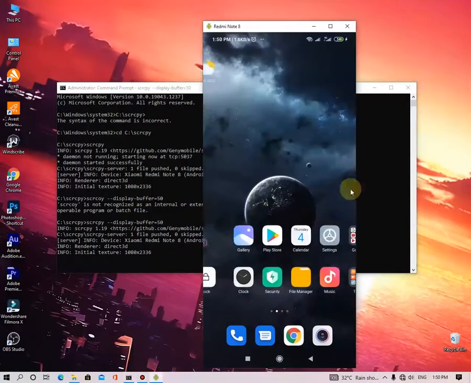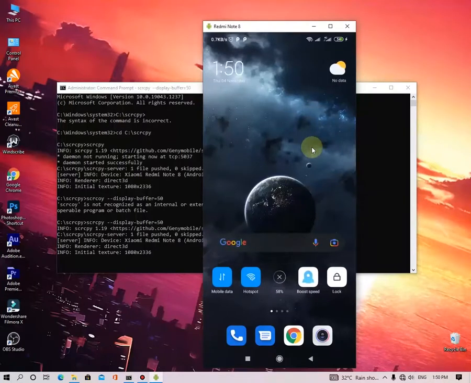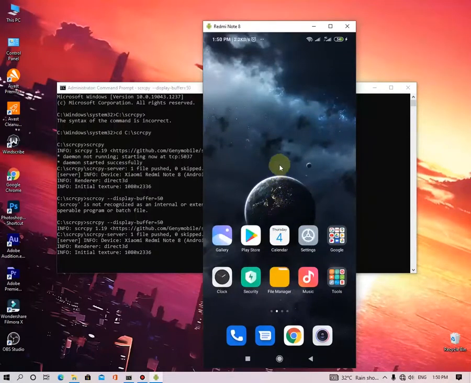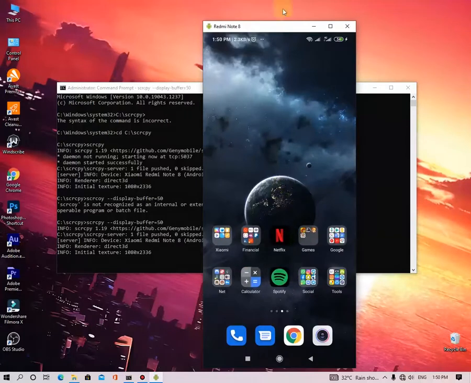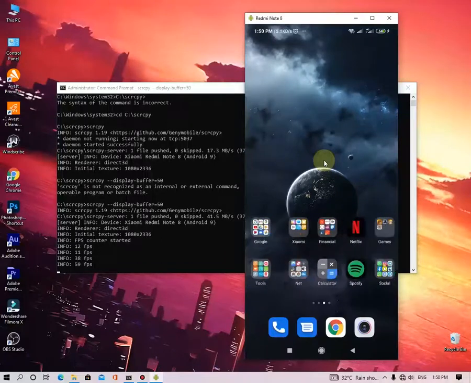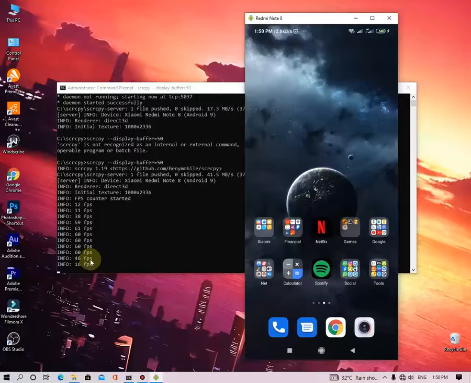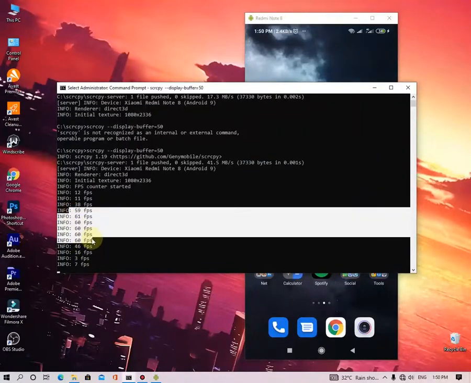This feature is available in the latest scrcpy version. If your preview is jittering and not working smoothly, or if you don't want real-time mirroring and only want smooth playback, this latest buffering feature is always useful. Yes, it is possible to add buffering, and this will increase the latency, but it will reduce jitter and laggy mirroring. Increase the latency and you can get a better playback.